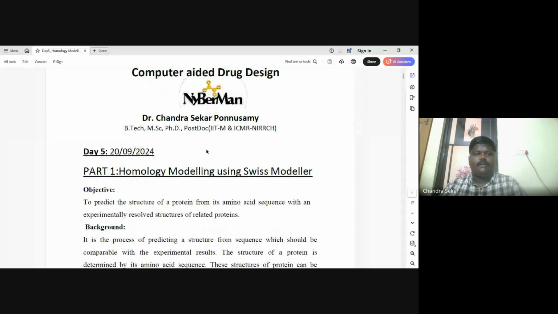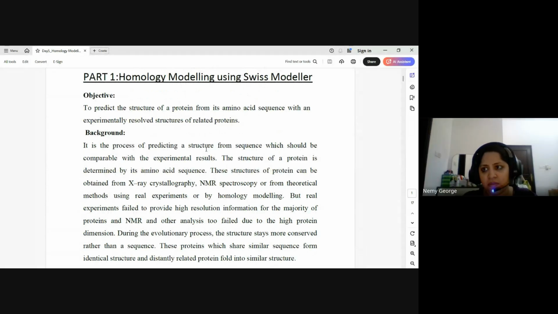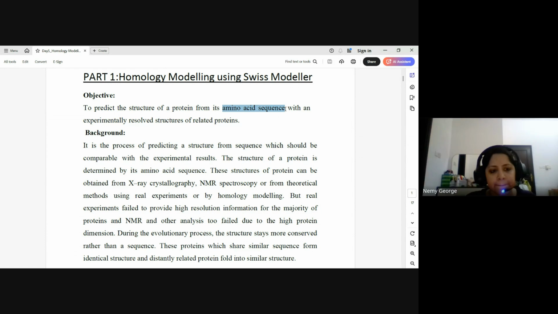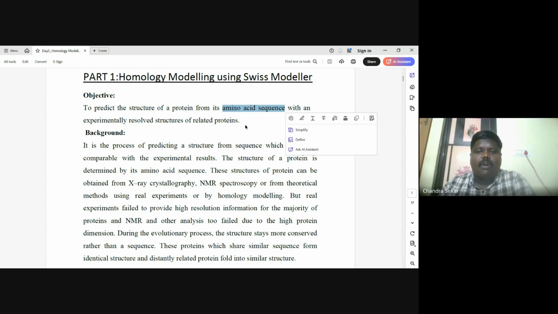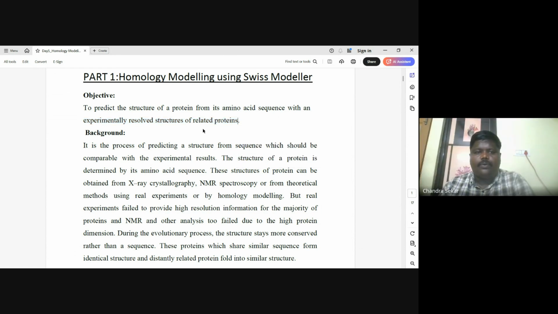Fine. So we are going to see homology modeling using Swiss Modeler. Generally, to understand, it's enough to have an amino acid sequence. The amino acid sequence is called the target, and the experimentally resolved structures are called templates. So we have a target sequence.